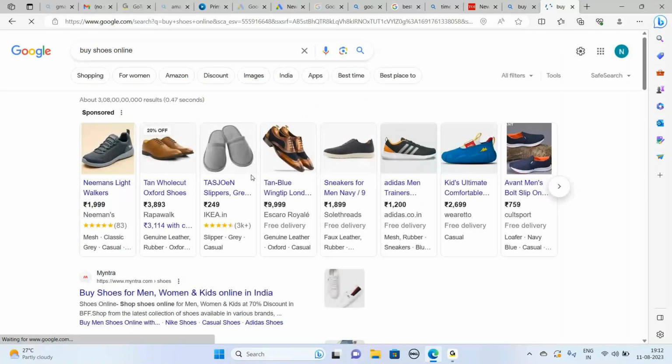Okay, can you see sponsored here? So these are called product listing ads or shopping ads. They give the product name, image, information, and link, and they appear based on the ads they have created.